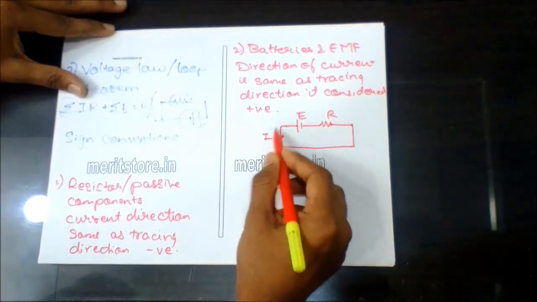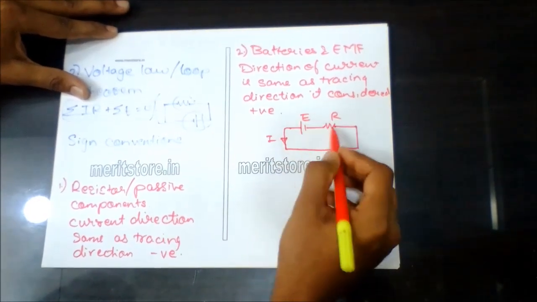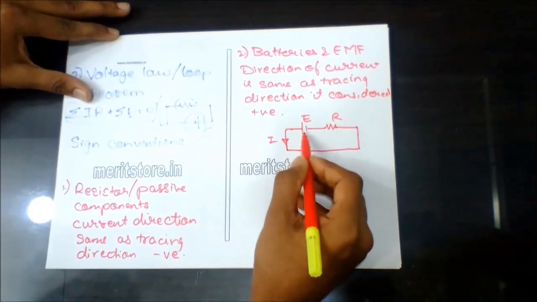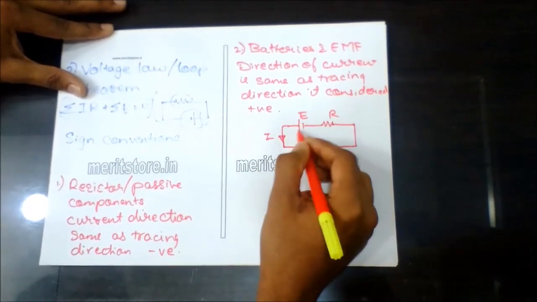We need to start tracing from any specific point, either a source of potential or a resistance. In this case, if we start from the point E,